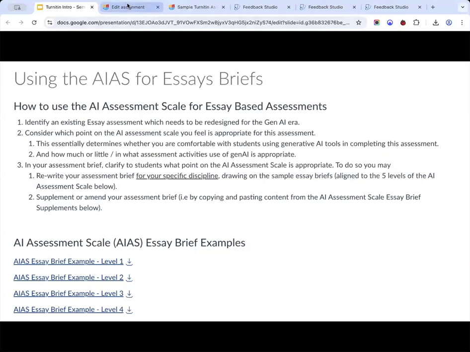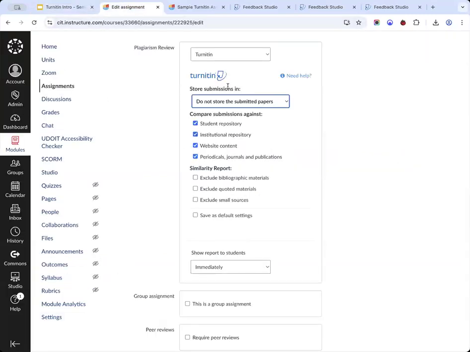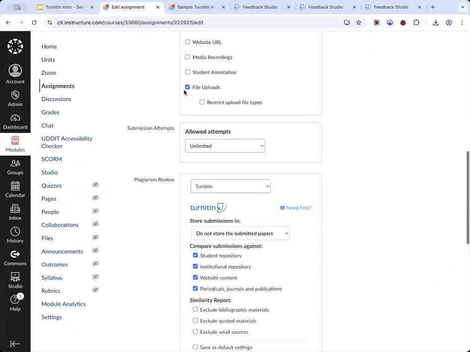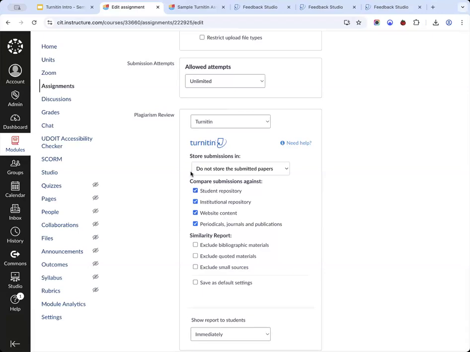So yeah, absolutely, Erica. If I've understood the question correctly, you can select the option to not store the submitted paper. So anything a student submits to this particular assignment won't get stored in the Turnitin database. But you can still compare any student submissions to anything else which is added, if that makes sense. So maybe in terms of, like you said, for the same assignment, you probably would need to